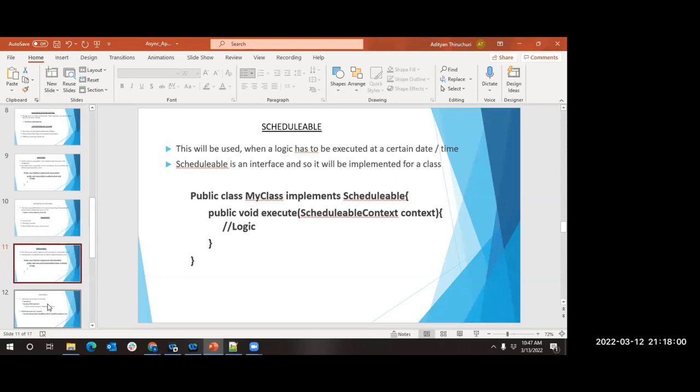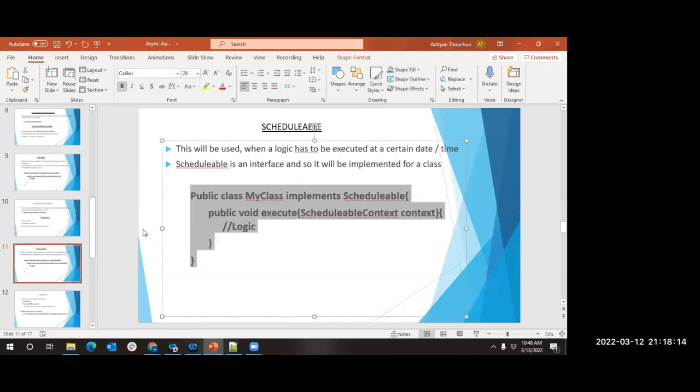You are starting your job now, but when will your job execution happen? The job execution happens every Monday at 10 o'clock. Okay, how should I do it? For something to be executed in a schedulable way, again you have to write a new class. Yes, there is no other way. And for this, there is another interface called schedulable. There is one more interface given by Salesforce called schedulable. And yes, as we are implementing an interface, what do we have to do? We have to use all the methods that are present in the interface. What all methods do we have? There is only one method for us.